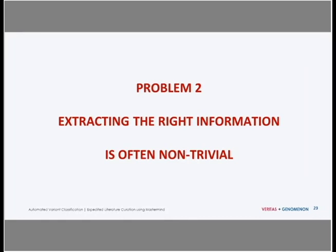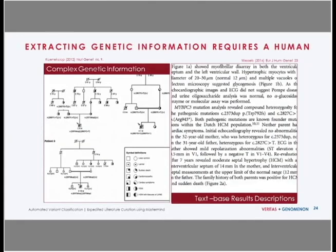The second problem is extracting the right information. Once you've found your papers, extracting the right information is equally difficult. Those of you who are operating in the germline space will certainly have come across this particular problem. A lot of genetic information that we're being asked by our framework to extract is very complex. So you're looking at a pedigree or pedigrees from a certain publication, and there's a staggering number of different ways out there that authors